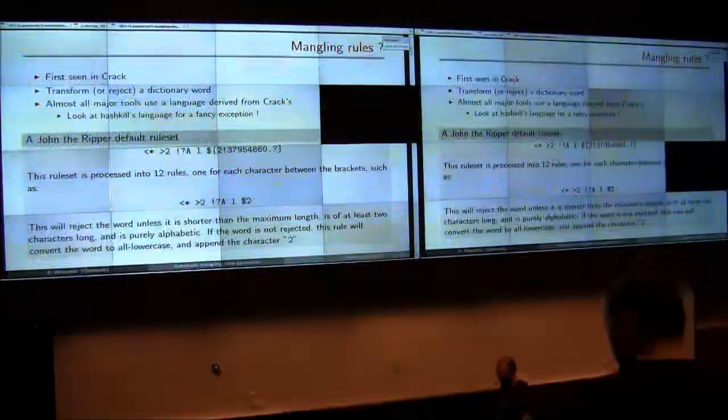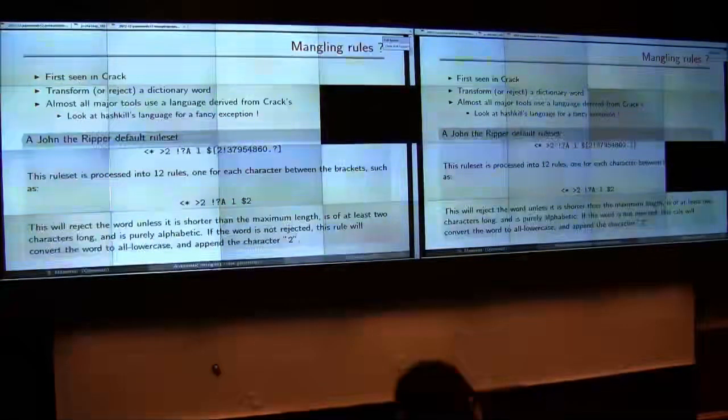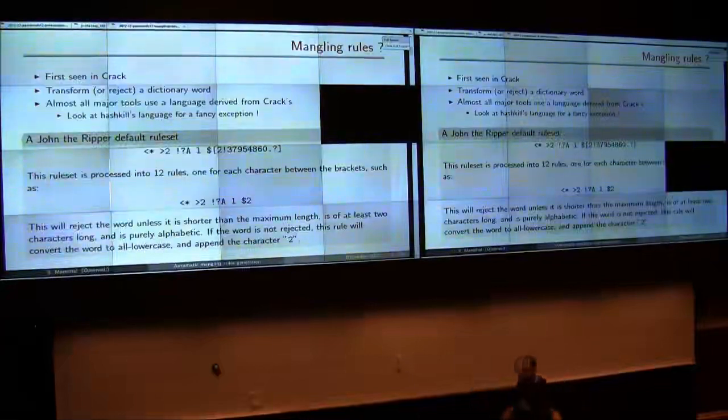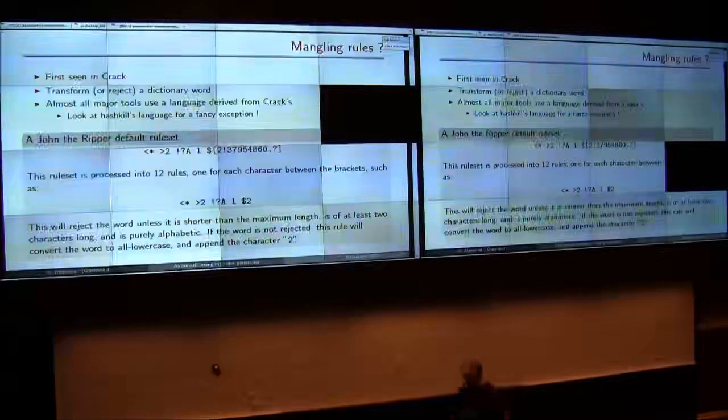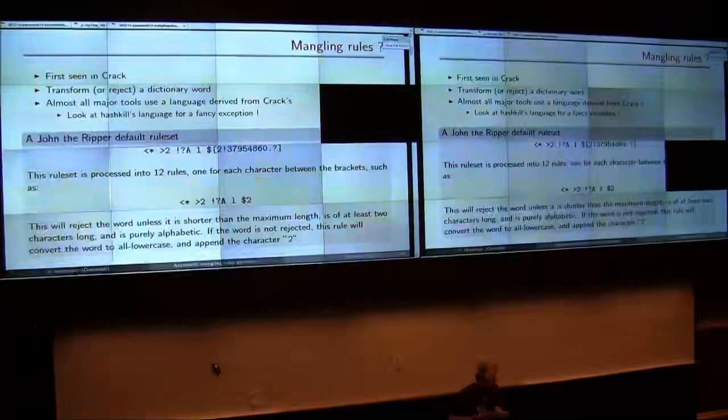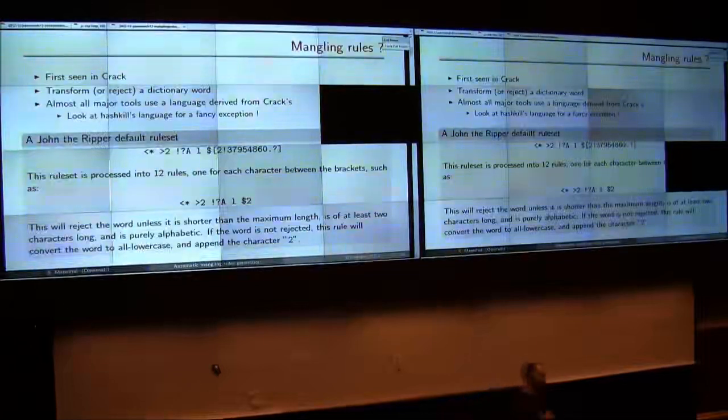So very quickly, mangling rules, what are they? They came from the tool Crack, and they came from the observation that dictionaries were about the best things you had to crack passwords. They are super effective. And if you add some way to extend your dictionary, you will be able to crack longer. So some guy called Alec Muffett had an excellent idea and added a language of mangling rules directly